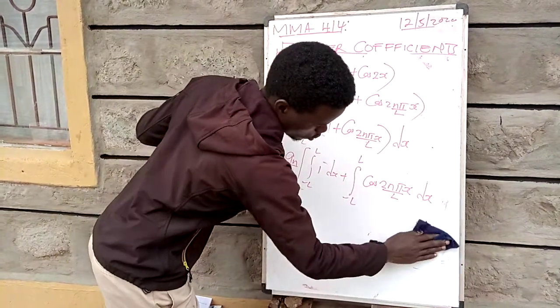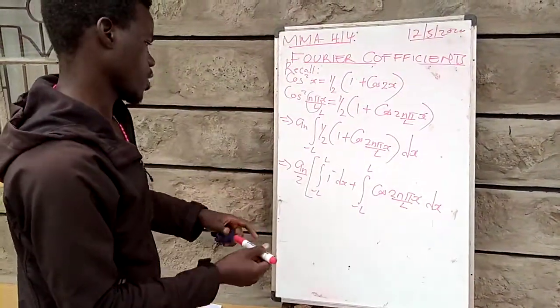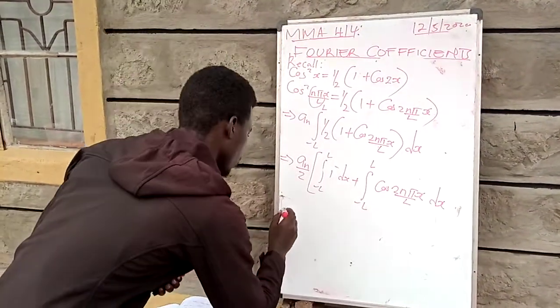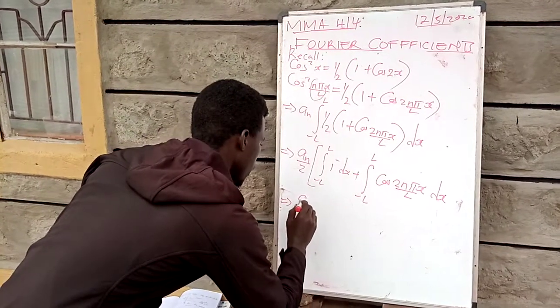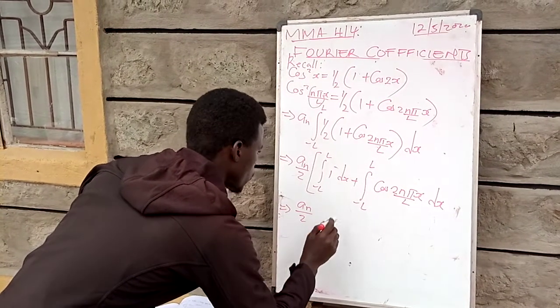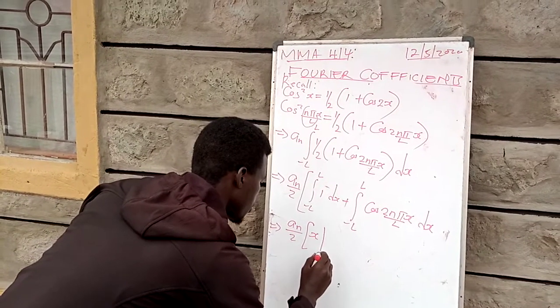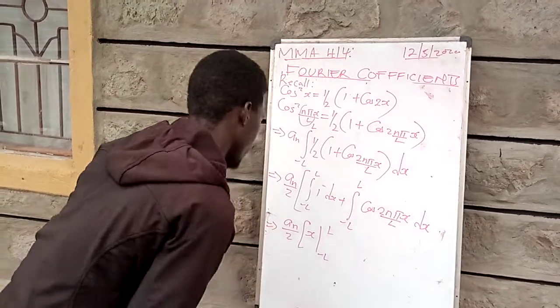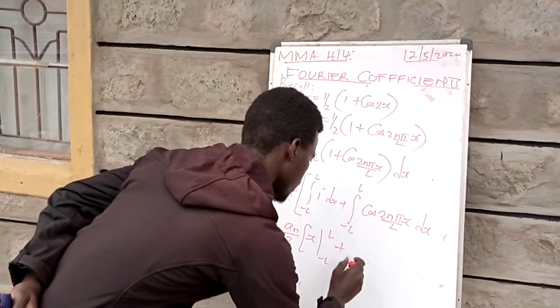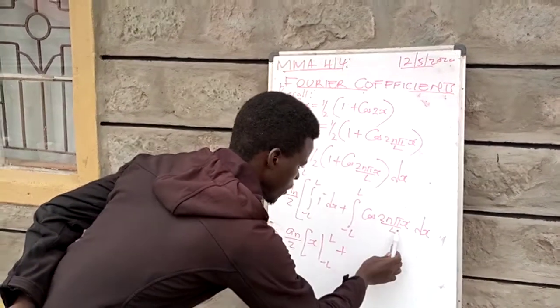If you integrate 1, you'll get x. So a n over 2 into x, with limits from negative L to L, plus, if you integrate this, you are going to get